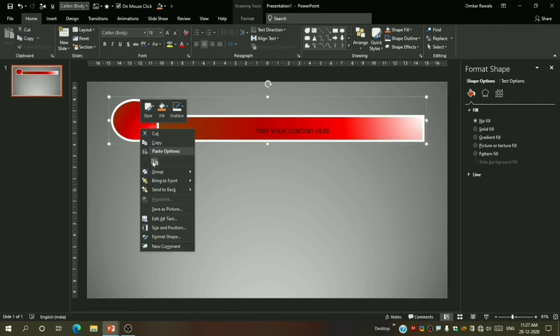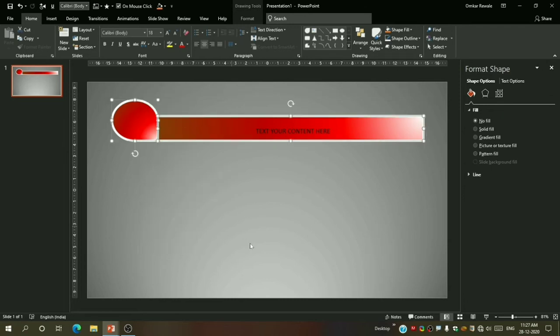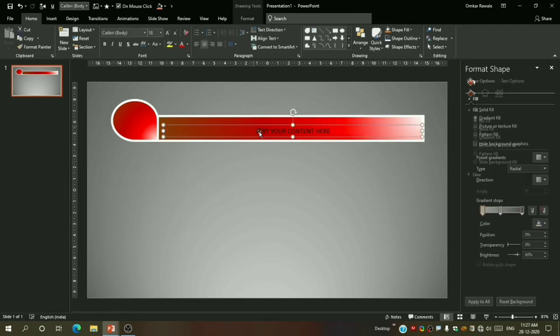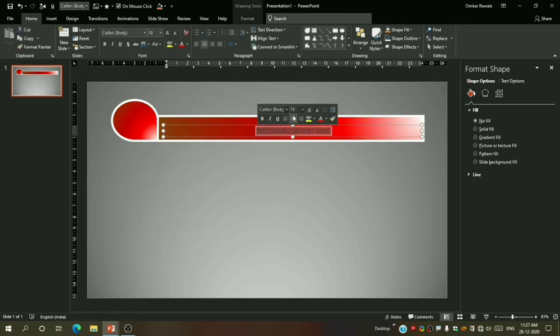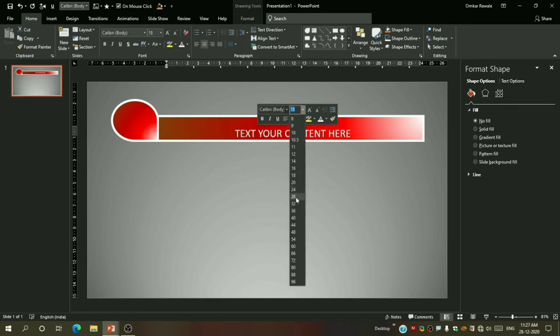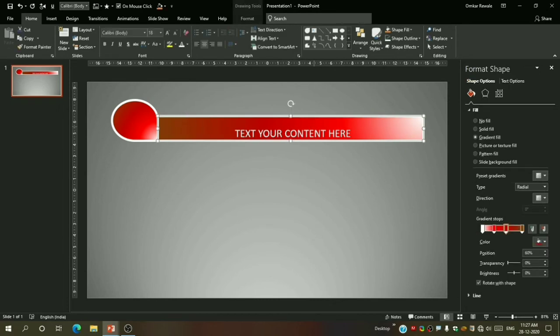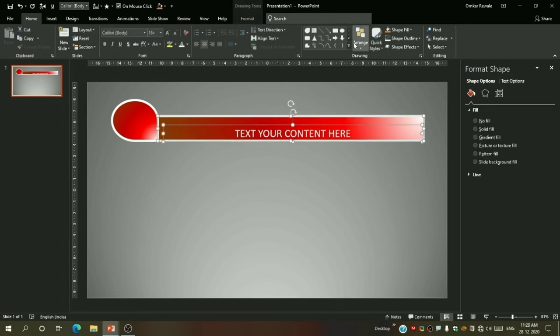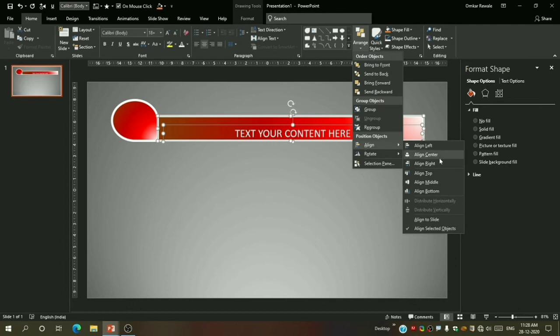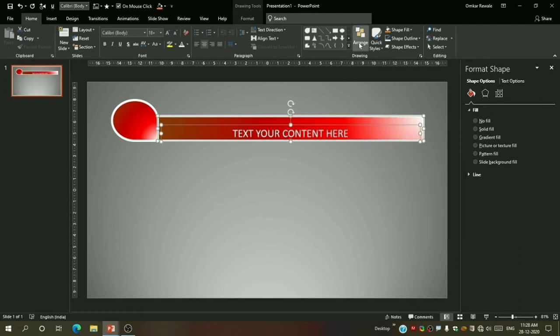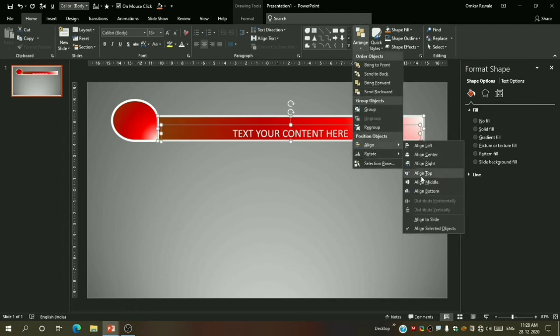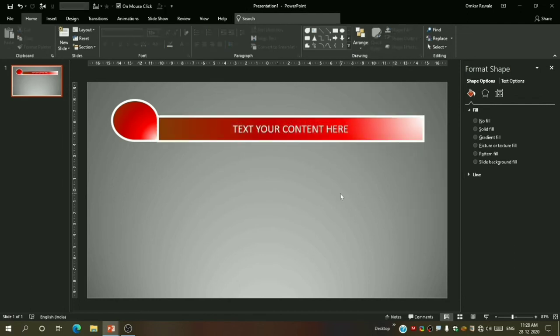Now first we will ungroup this, then select this text, then we will change its color to white. Let us increase the size also. Okay, 28. Now select this and select this. Go to Arrange, Align, Align Center, and Align Middle.